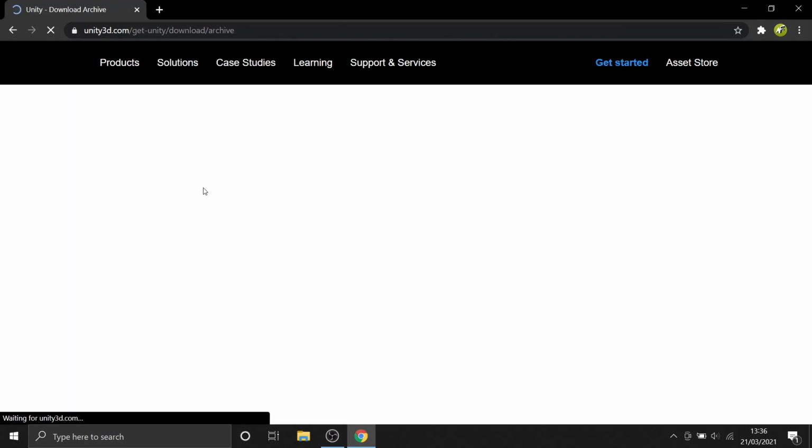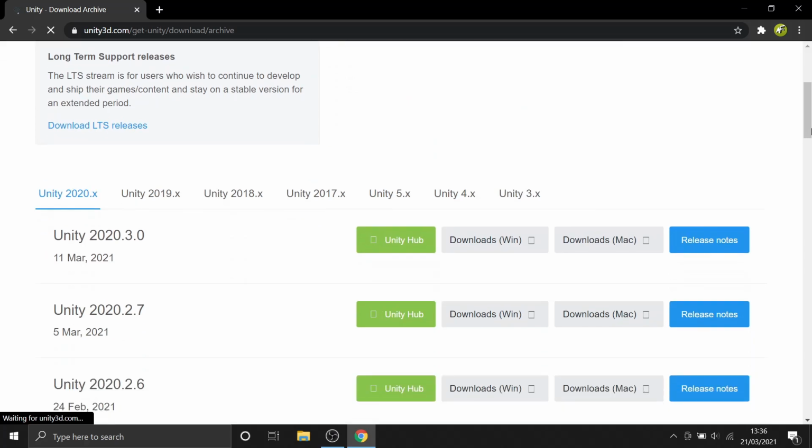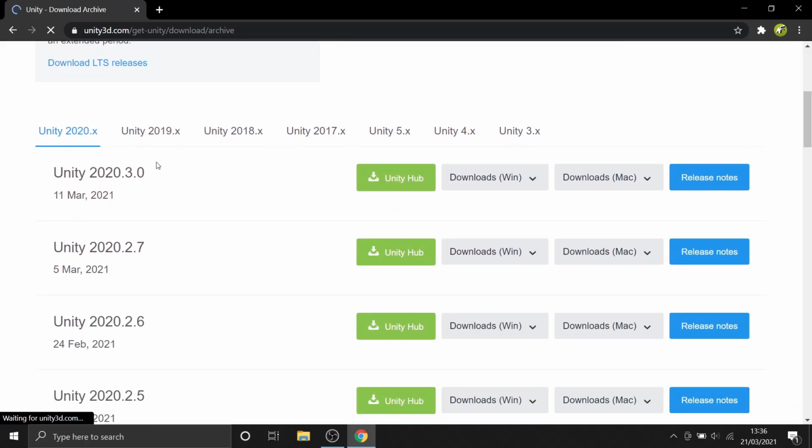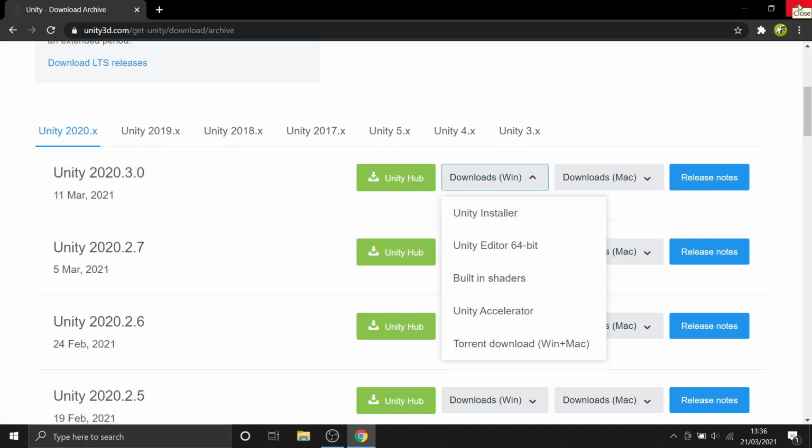After clicking this link, you will be redirected to this sort of page. All you need to do is go down and download the latest version, that is Unity 2020.3.0. Click here and download the Unity installer. I have already installed it, so I'll just show you the steps you need to do further.